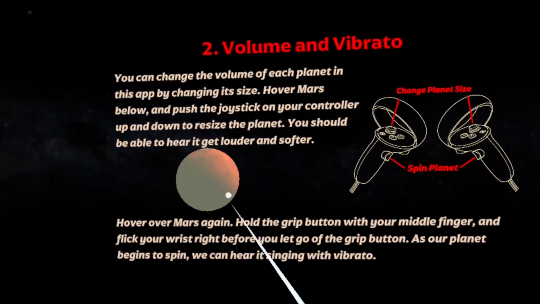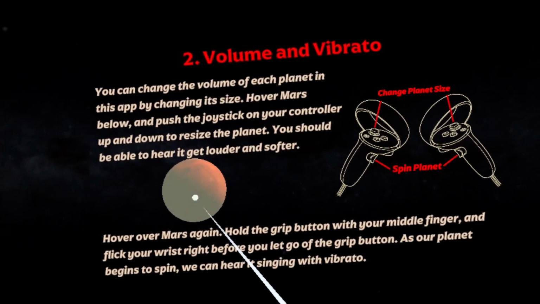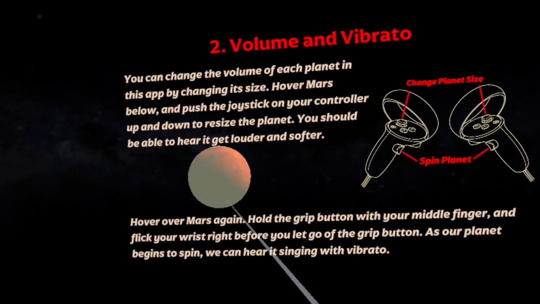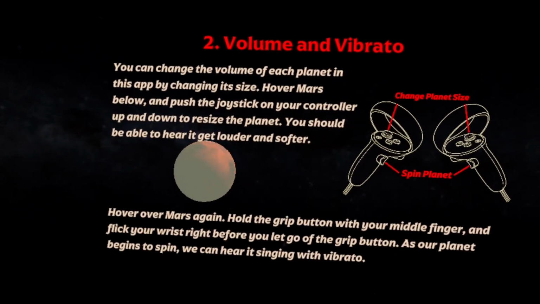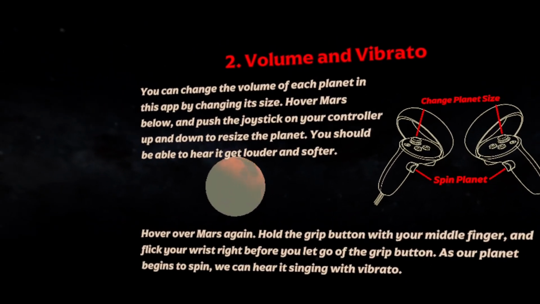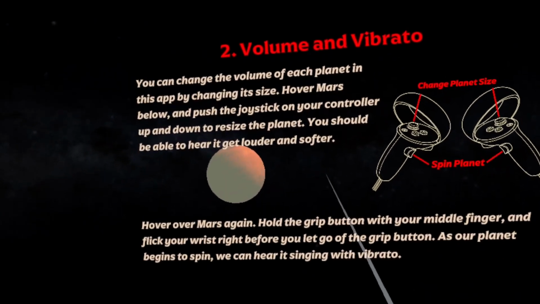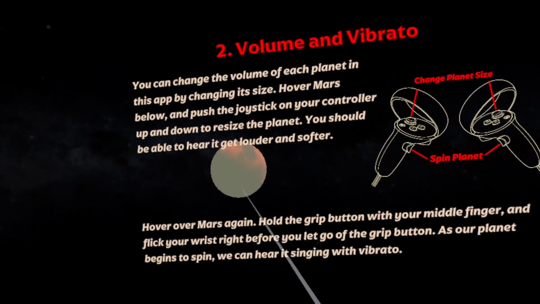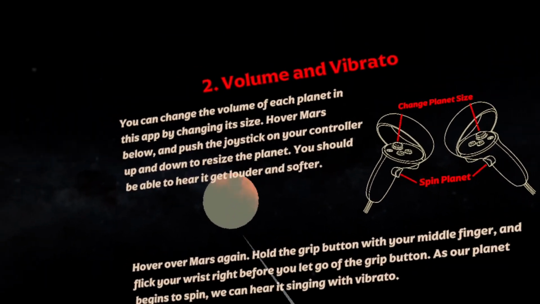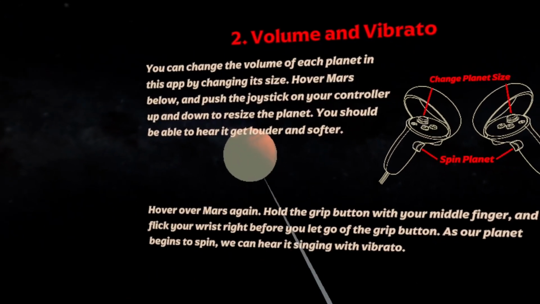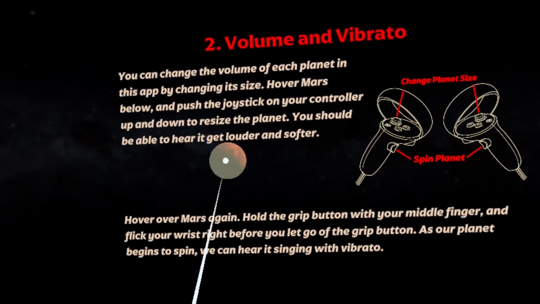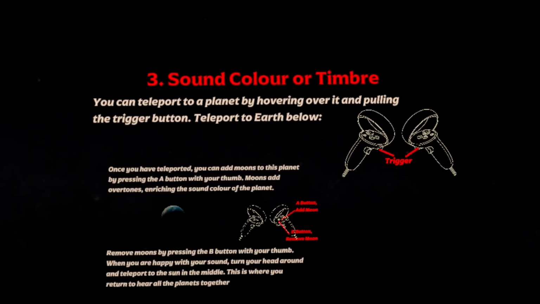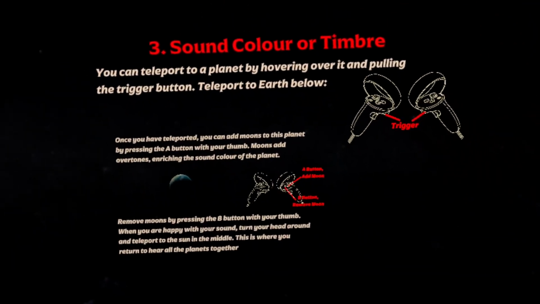As well as this, we can hold the grip button, and once we've held onto the grip button with our middle finger, we can then flick our wrist, let go, and then you should be able to hear there that we've introduced a vibrato, subtle one there, and then a much crazier one there. Alright, so we'll make that smaller, and we'll pop on to the next page, 3 here, and this describes how